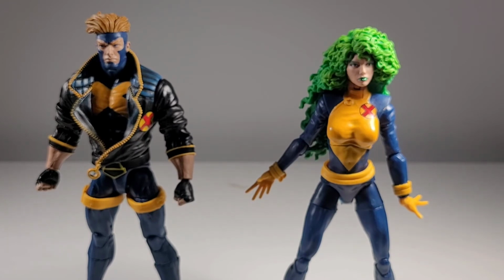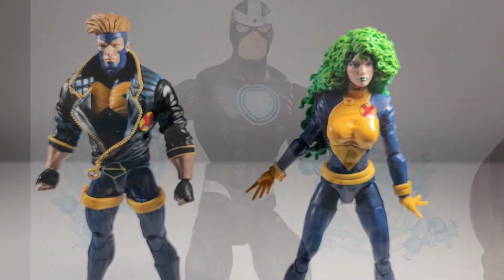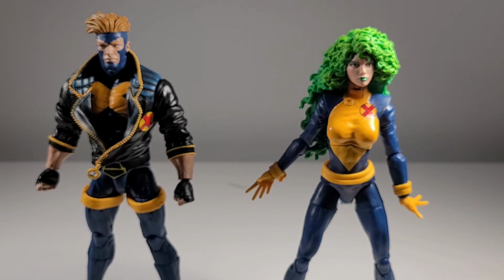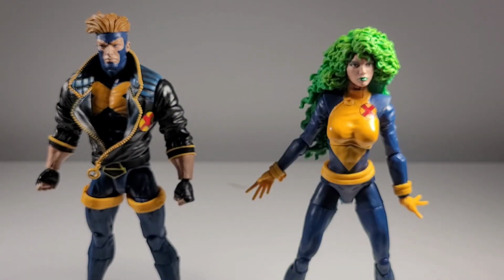But man, am I so excited to have these 2 in my collection. I did not like the first version of Havoc that we received in Marvel Legends form. I was not familiar with that all black costume with that thing over his head. And I was not a fan of the Polaris that we saw that was done in all green. Also, she had a similar look to Scarlet Witch. This is how I remember the 2 of them. Very happy to have them